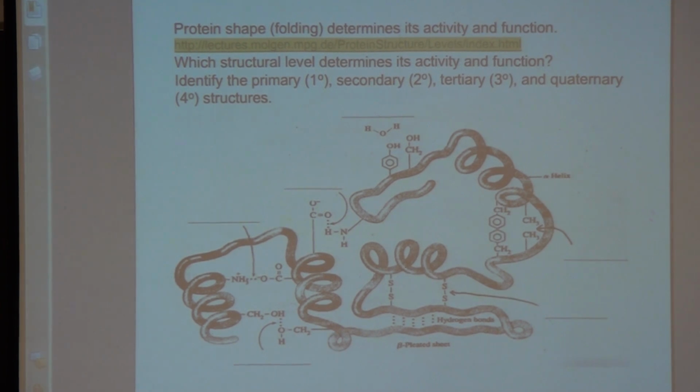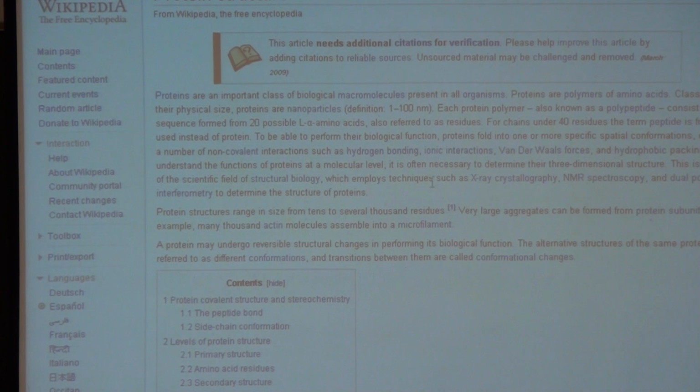Turns out that if we go back to this slide here, we talk about structural biology, which employs techniques such as X-ray crystallography. This has actually been a very hot topic of research in the last 10 or 15 years, to do an X-ray experiment on a protein. Note that a protein is a big molecule. Well, you have to grow a crystal of a protein, which is very difficult to do in general. So if you can figure out a good way to grow crystals of proteins, then you can figure out the structure. Now, we had a speaker come to Hartnell several years ago, and this speaker was saying that, well,